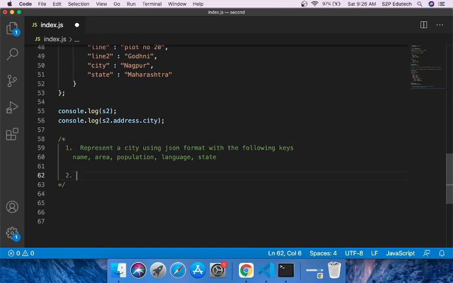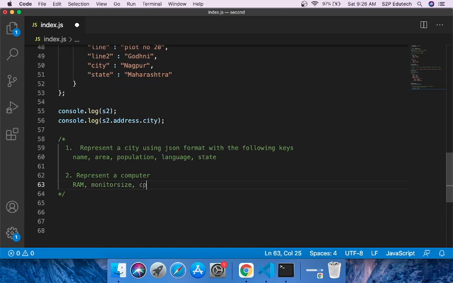Second task is to represent a computer. The first key would be, say, RAM. How much RAM does it have? Second key can be monitor size, 15-inch or 17-inch or something of that sort.